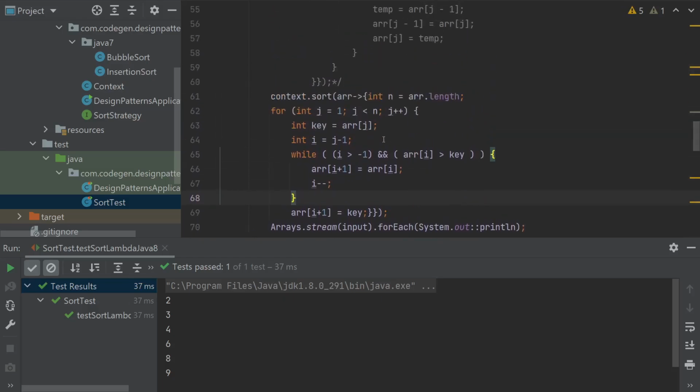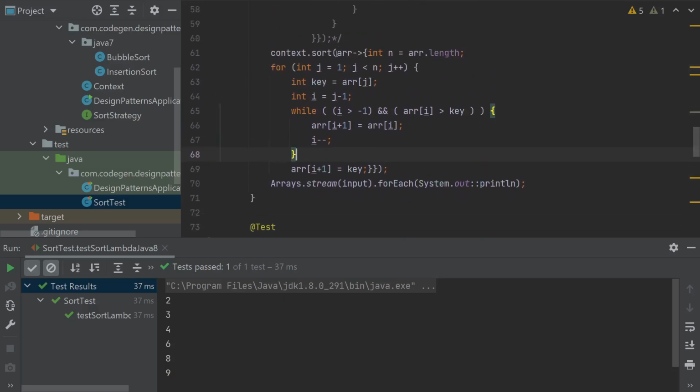So this is one way, but if the lambda expression gets large, containing a lot of code within it, we will run into the problem I faced earlier with anonymous classes: code clutter, and readability gets impacted. We can improve this by passing a method reference as a parameter to the sort operation.